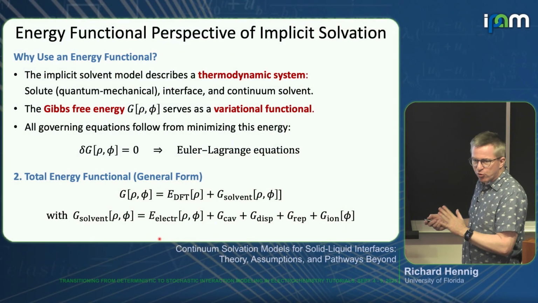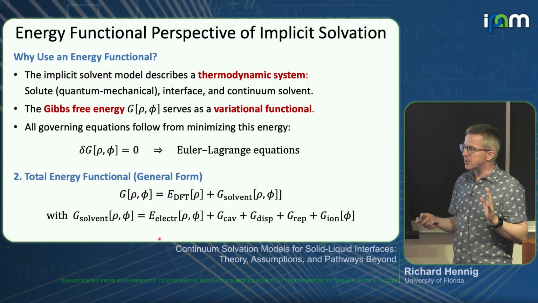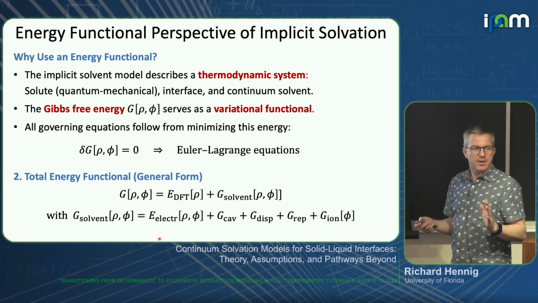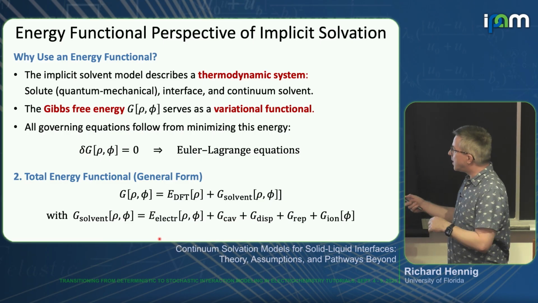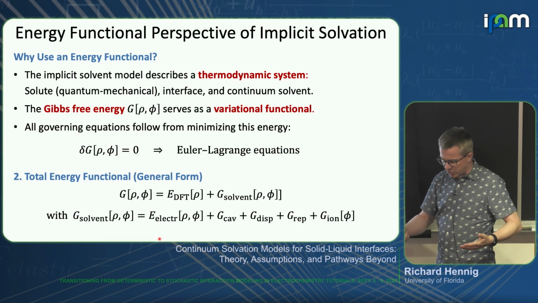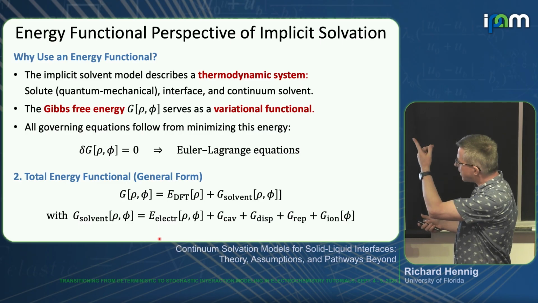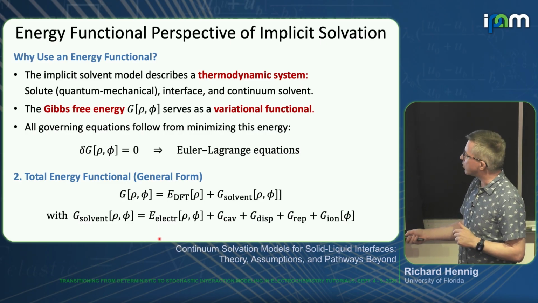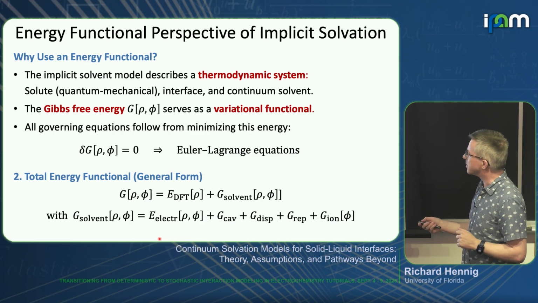So we're going to use one of the thermodynamic potentials, the one I like the most, and I always tell my students in my thermo class, the Gibbs free energy is the answer to every thermodynamics question, right? So it's the thing you minimize under constant temperature and pressure, and if you want to solve a problem, you just have to figure out what are all the contributions to the Gibbs free energies, and that gets you 90% of the solution already. And I think that's the same here. There may be one additional Legendre transformation we can do at the end to get to constant chemical potential versus constant number of particles. And then once we have these expressions now for the Gibbs free energy,